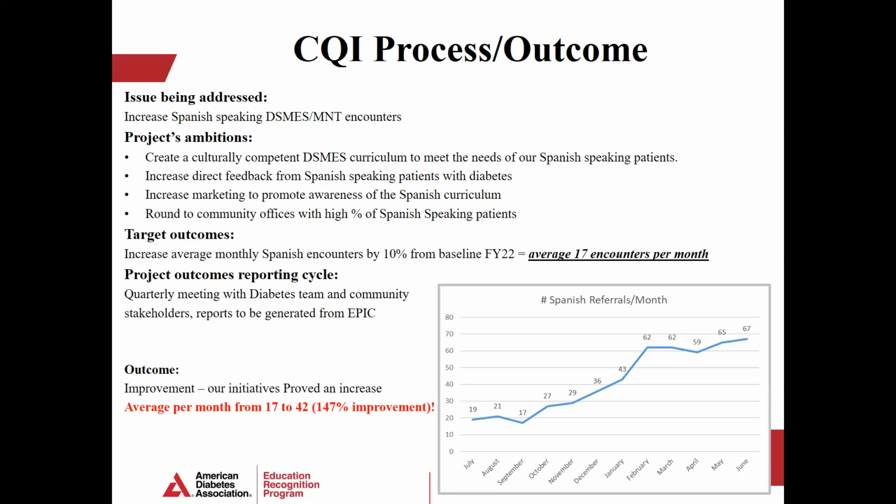So hopefully you find this helpful, that you can take things from other standards, i.e. your assessment of the community, and if there's a big gap there and you need to fill it, you can certainly make that a CQI as we did. Very, very proud of what we were